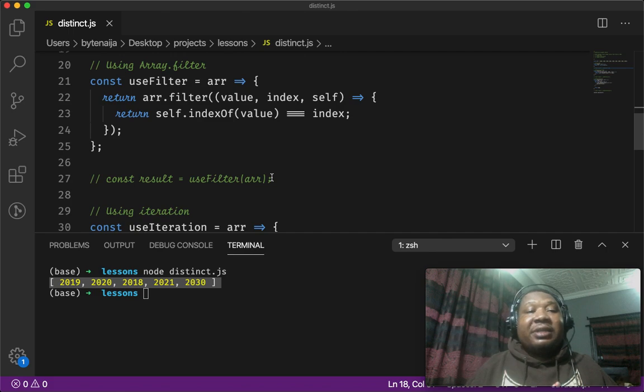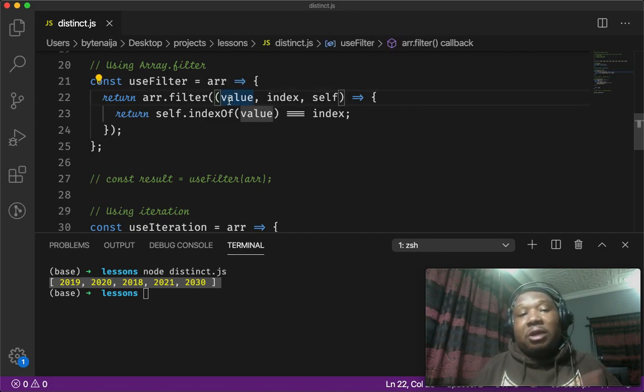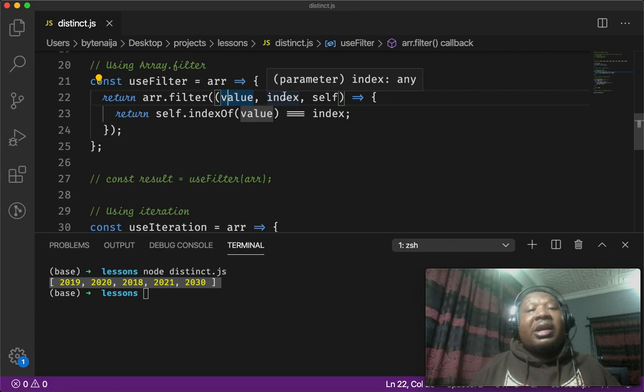Now, Array.filter is a function in JavaScript in ES6 that takes in a callback, and that callback has one compulsory parameter and two other optional parameters. The value here is the compulsory parameter. It is the current element that the filter is working on. The index is the current index of that element, and then self is the array that the filter is